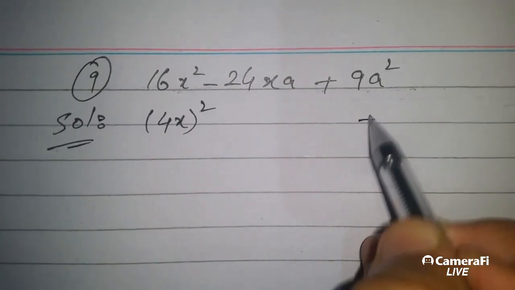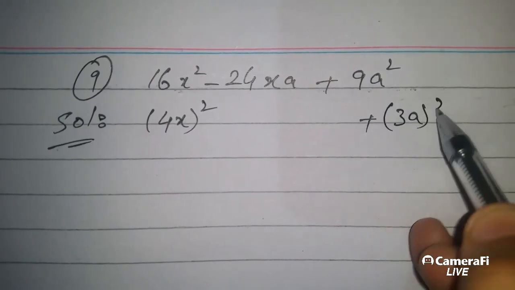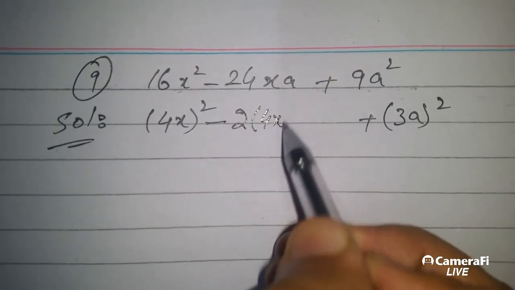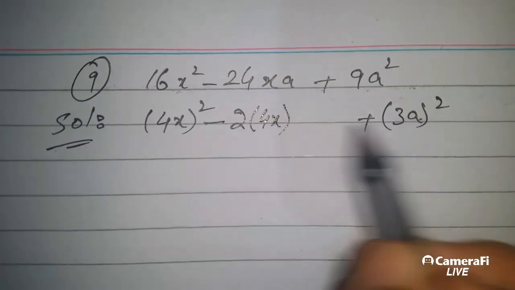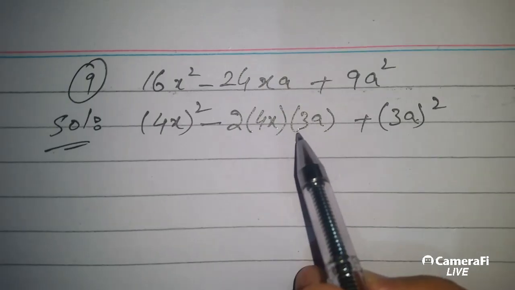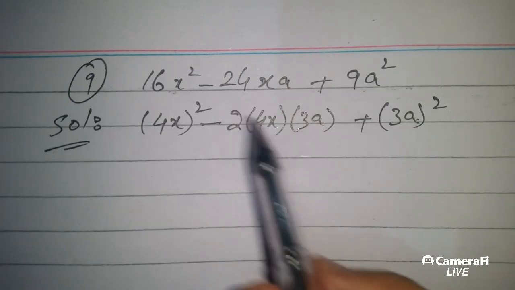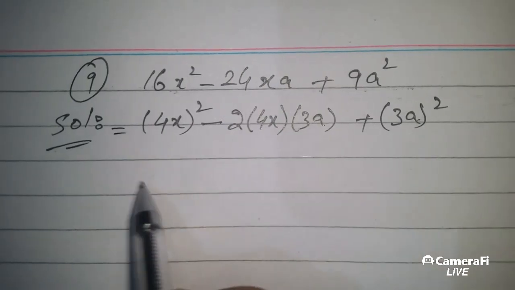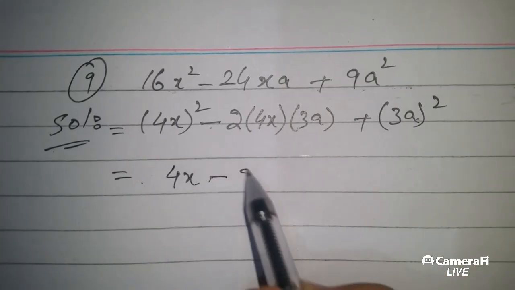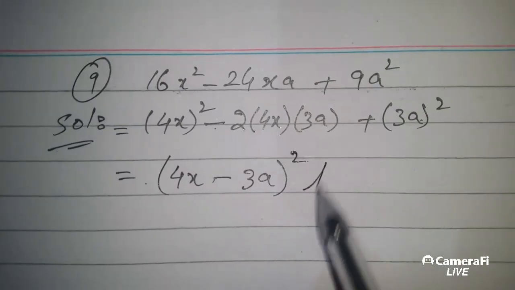लिख सकते हैं, 9a² को 3a का होल स्क्वायर लिख सकते हैं, माइनस है तो 2 फार्मूले का लिखा, 4x यहाँ से उठाया और 3 यहाँ से उठाया, इन्हें मल्टीप्लाई करें, 2 4 आर 8, 8 3 आर 24, तो 24xa बन जाता है। तो इसका मतलब है कि ये 4x माइनस 3a का होल स्क्वायर है। तो यही हमारा